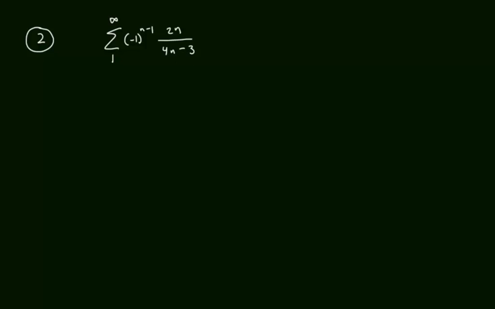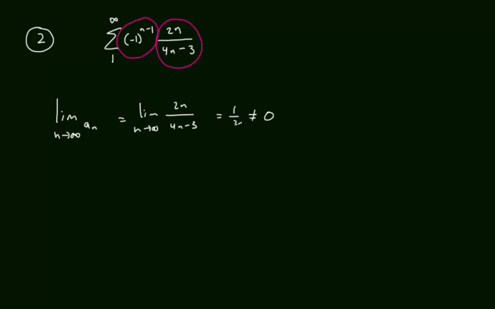Example 2, I see that this is strictly alternating. I'm going to discuss it through observation and then write some things. So I see this strictly alternating, but right away I see that the limit of the nth term is not going to 0. I need not go on any further. I see that it fails the nth term test. The limit as n goes to infinity of an equals the limit as n goes to infinity of 2n over 4n minus 3, and that limit is a half, which is not equal to 0, so this series diverges